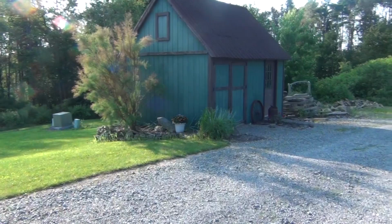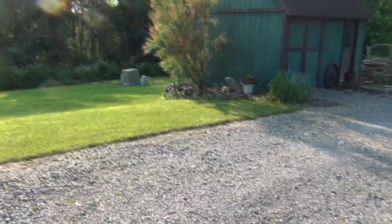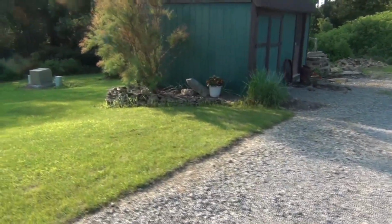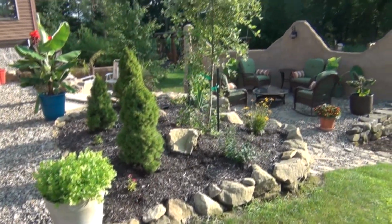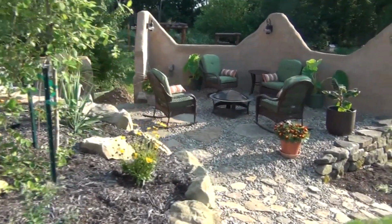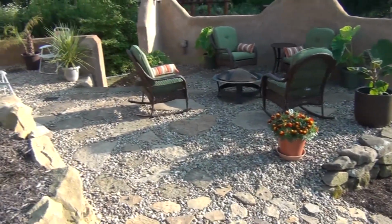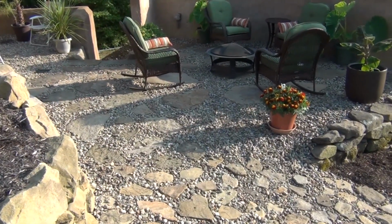And then over here, my knockout roses are flowering, and then I got a pot of marigolds over there. And then we're coming to the surprise. And my lifetime project is finally on its way to being completed. As you can see, if you've caught any of my other videos, I've been working on this porch for years and years, and I finally got some rocks down. I was debating on cementing it or not. I went with the rocks for right now,